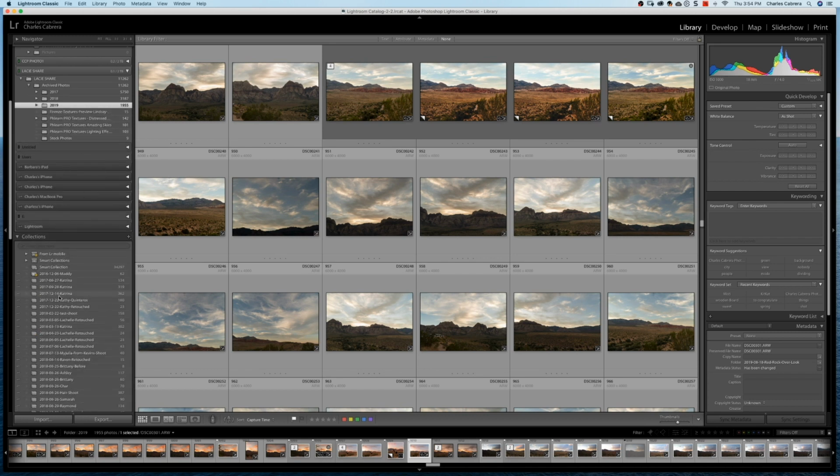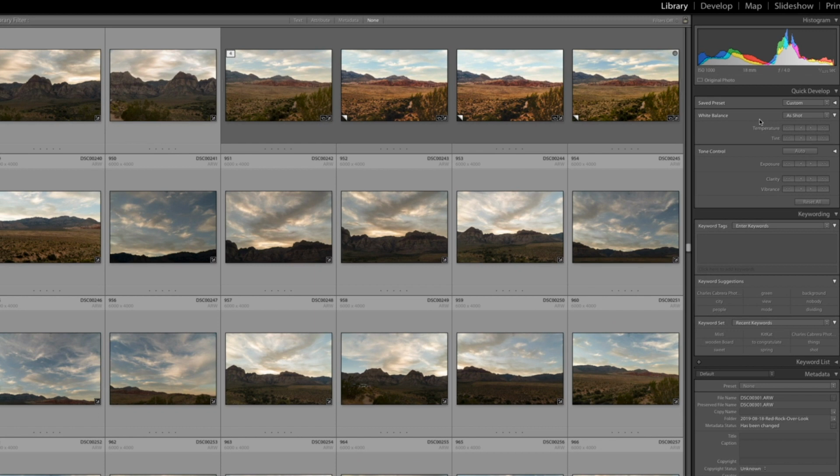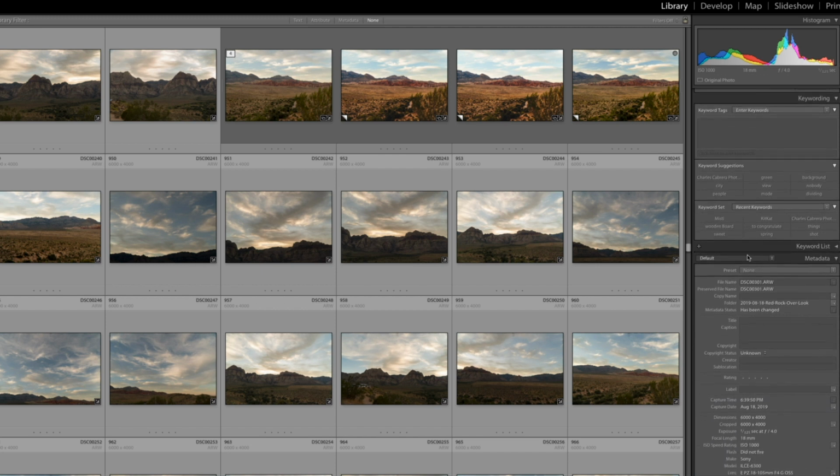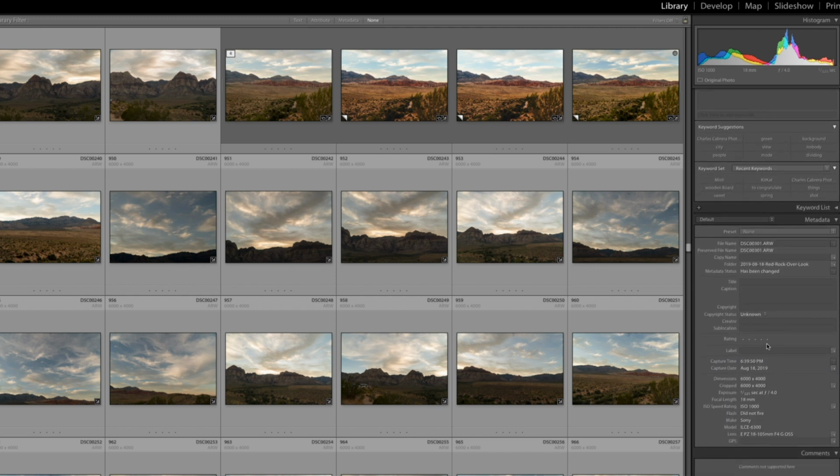You have collections that you can create. They are like a group of photos that you have organized, and you might want to share these with Lightroom Mobile. On the right-hand side, you can actually make small adjustments to your photo. You can do white balance and other tonal control adjustments like exposure, clarity, vibrance. You can enter keywords about the photo,